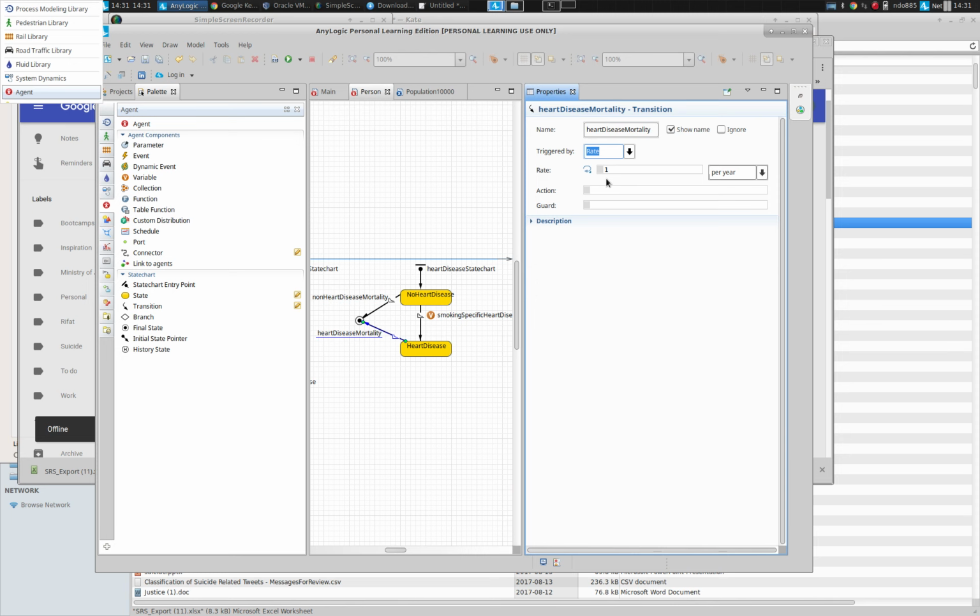What is that rate? That's the rub, because it will depend, ladies and gentlemen, on the age of an individual. So we're going to have a mortality rate that is specific to age. This age-specific mortality rate is something that we're going to specify within a construct known as a table function. It's going to allow us to look up, for their current age, what is the mortality rate that applies. For the moment, as a placeholder,